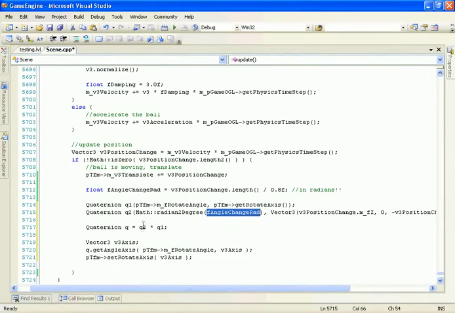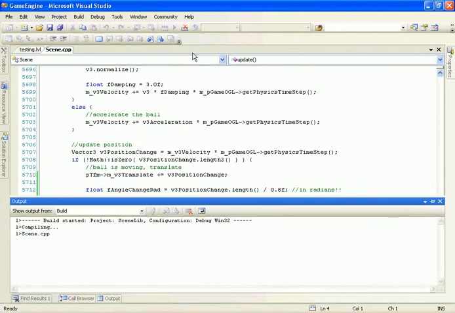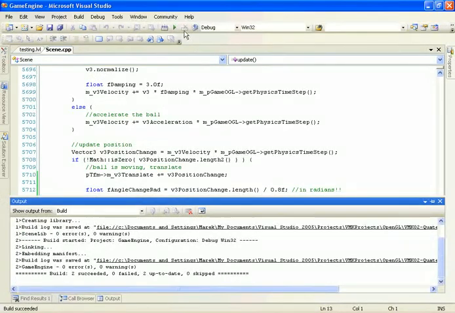So I'm taking basically Q1, which is our current angle, and multiplying it by Q2, in other words, updating it by the angle change here. This is going to give us a new Quaternion value. I can then take that Quaternion value and convert it back into an angle and an axis, which I then apply to my node transform. So if I were to compile this and give it a run, we can then take a look to see